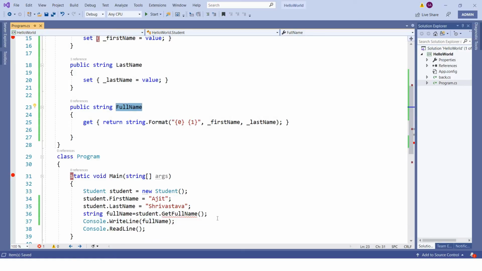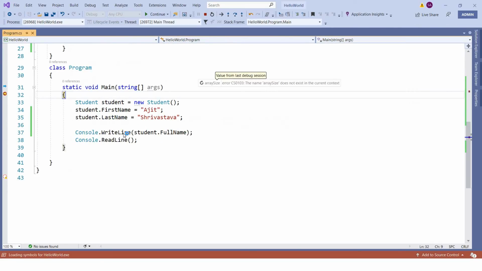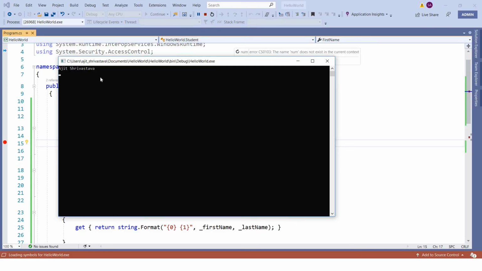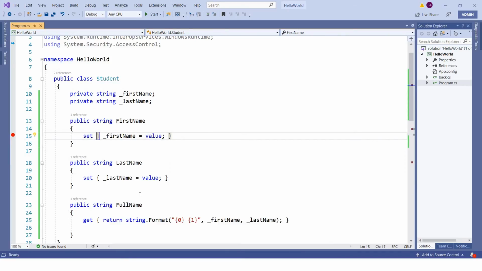Instead of having this whole line, we'll simply have the student object dot full name. Let's try to run this. Press F5, and you should be able to see it as expected. So this is the basic use of getter and setter.